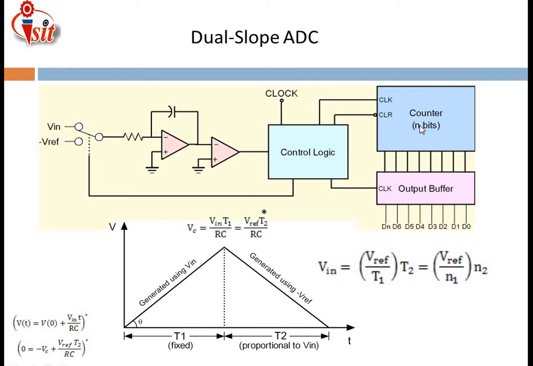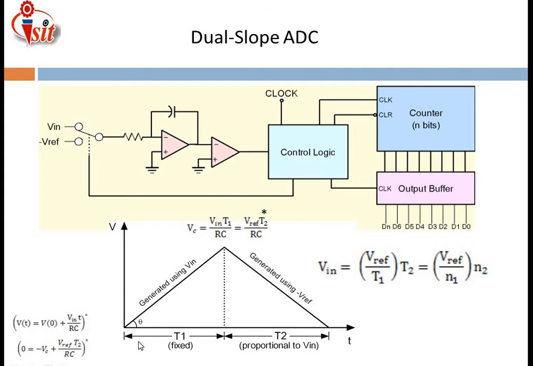It is applied again to the counter. The counter counts the output signal introduced to it. Those outputs are nothing but D0 to Dn. It will be totally dependent upon the number of inputs applied to the encoder, and whatever outputs you require, the output buffer values depend on that. For that purpose, here I have represented values starting from D0 to Dn. Then this is the proportionality graphical representation related to fixed Vn, that is the input voltage, and proportional to Vn, the output is generated using Vin and it is generated by using V reference.